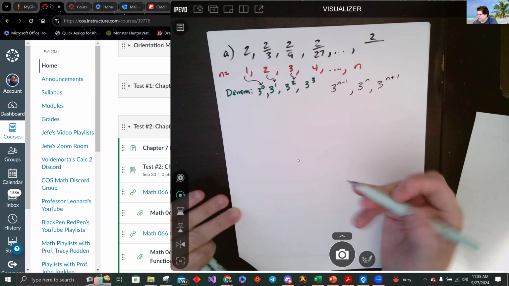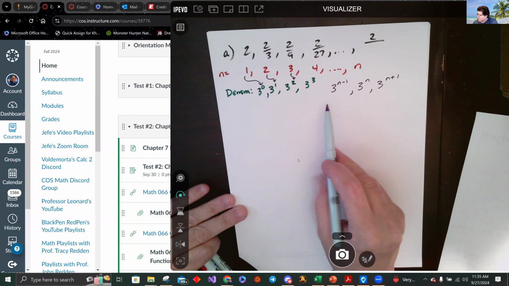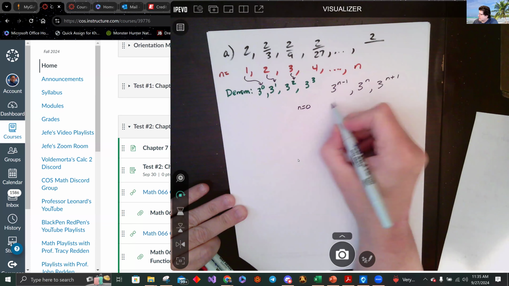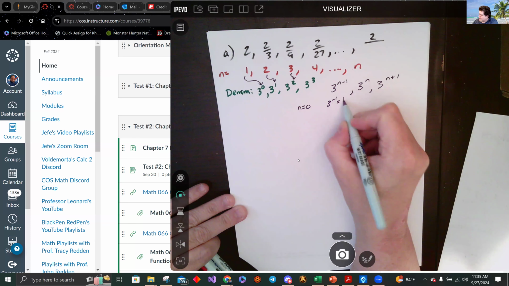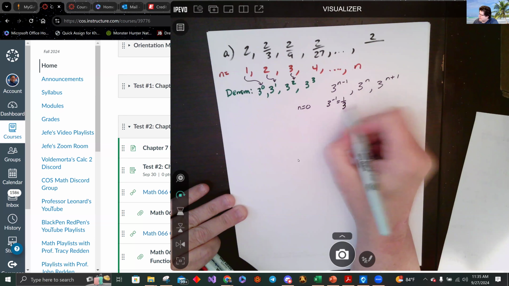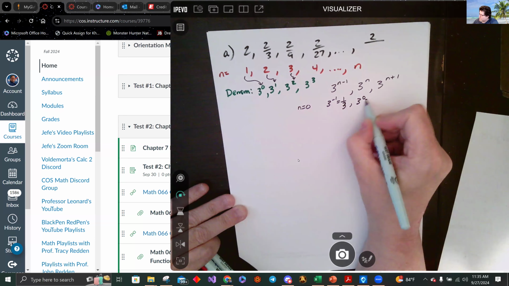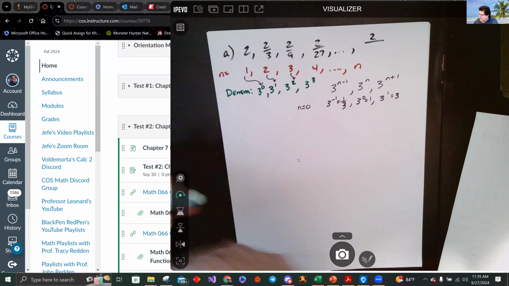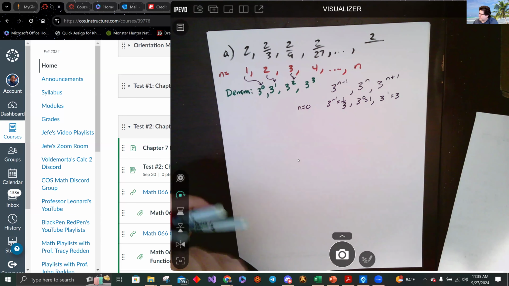If I do n equals 0, this one gives me 3 to the -1. 3 to the -1 is 1/3. This one gives me 3 to the 0, which is 1. And this one gives me 3 to the 1, which is 3. The one I want here